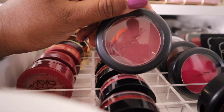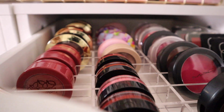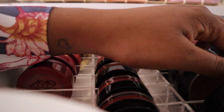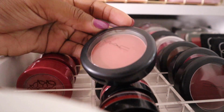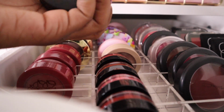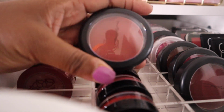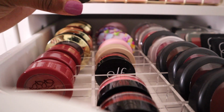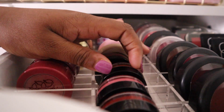Like my MAC blushes. Oh my gosh. I have so much blush already. I don't know if I need any more for this month. What am I going to do? But I'm obsessed with these MAC blushes. This one, Burnt Pepper, is my fave. I think I'm going to pull an e.l.f. Putty Blush. I think I'm going to do...